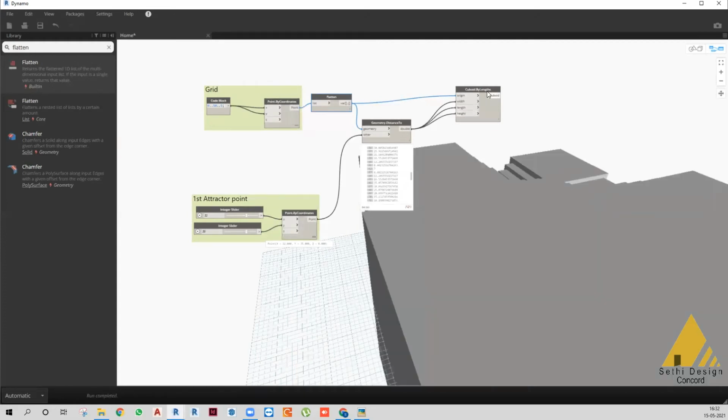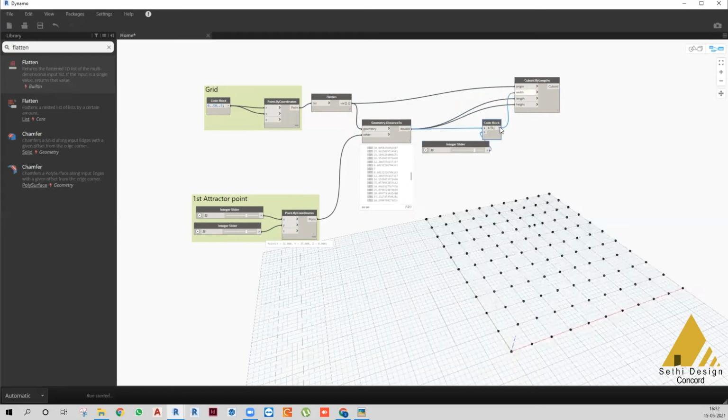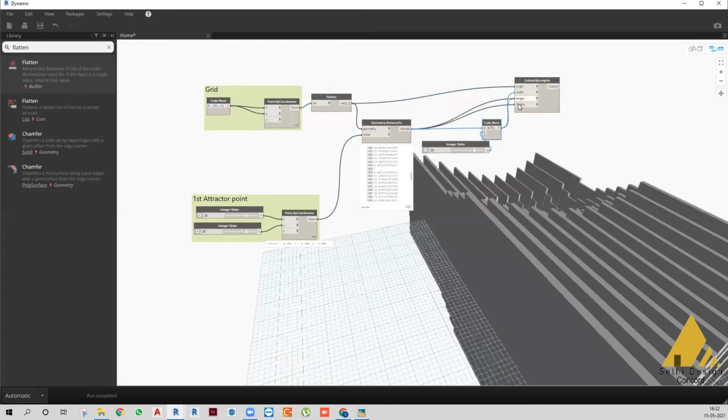These are too big for these values. Let's create a reduction factor. Say a divided by b. This will be the a, and for b, now feed this value to length, width and height.